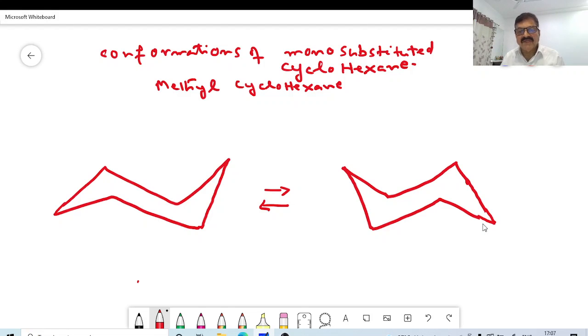Now we have drawn two chair conformations of cyclohexane here. Now we have to mark the groups. Okay, I will just put it. Then we can